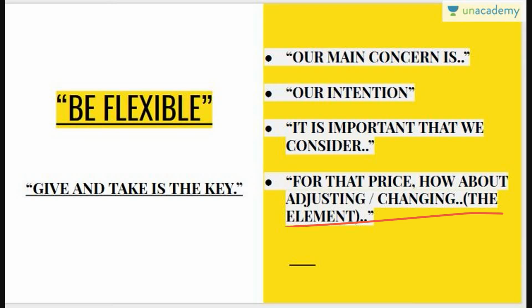Suppose they do not agree to your range. Now you are saying that if you want this price, then let's make this change in the product. Let's take an example that you want a change in the raw materials, right? Because if they are quoting a lower price, you will have to compromise a little on the quality of the raw material, because I can't keep that price with that quality of raw material, right? This is just a clear example to make it clear. So this point is for that.